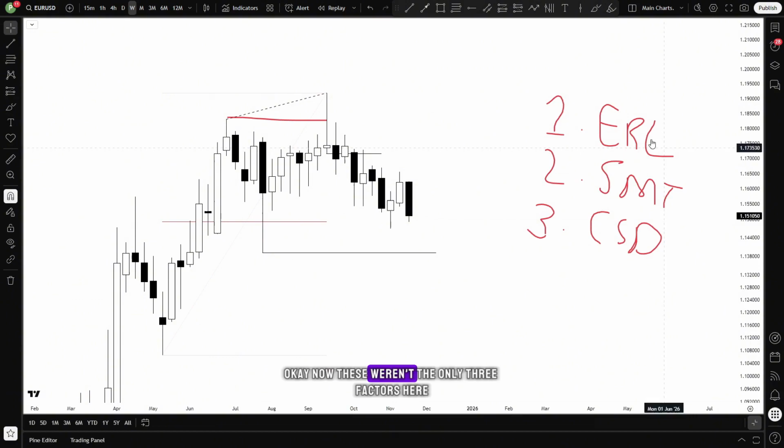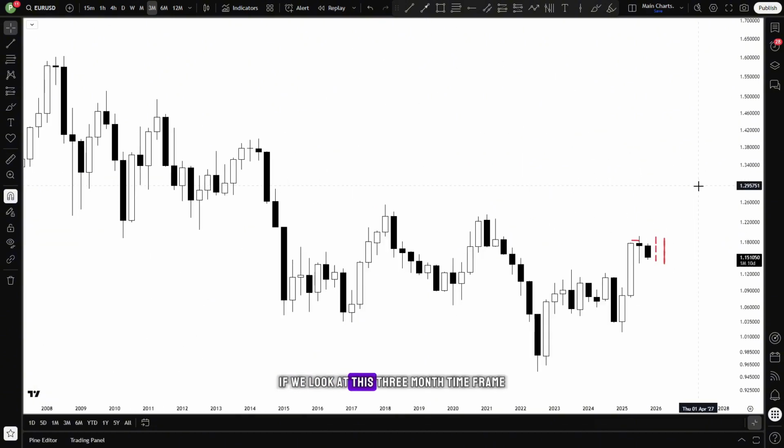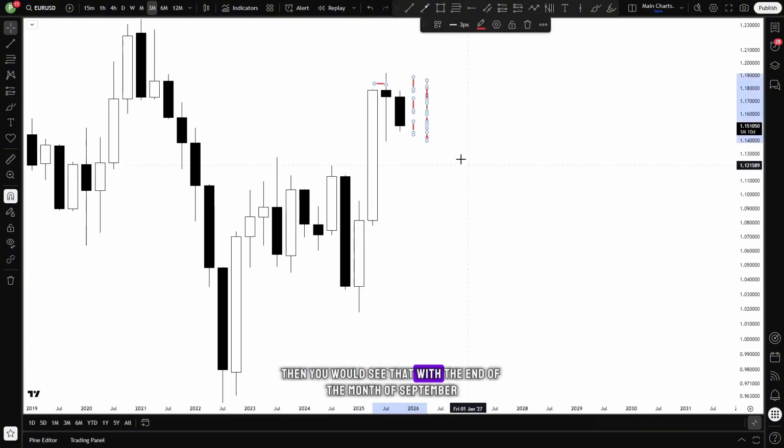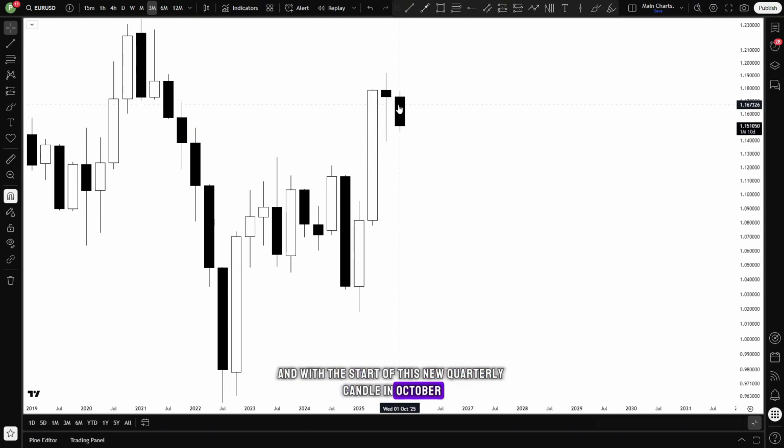Now, these weren't the only 3 factors here. We also had another major factor, which I'll just show you. If we look at this 3-month time frame, then you would see that with the end of the month of September, we closed this quarterly candle. And with the start of this new quarterly candle in October, my initial expectation for this quarterly candle was for it to have a move lower in the first half of it